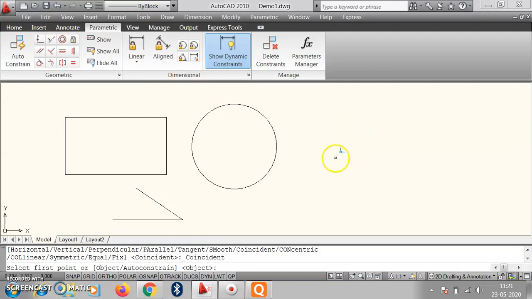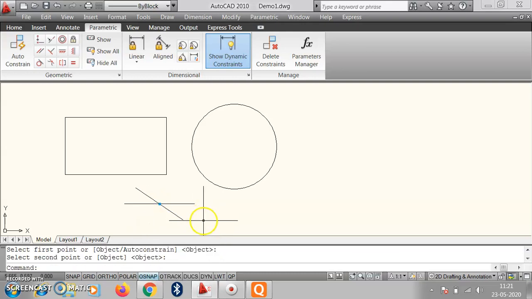If there are two lines, the software asks us to specify the first point or object. So we select the first object, then it asks to select the second object, so we select the second object. Whatever line it is, they automatically coincide with each other. Then